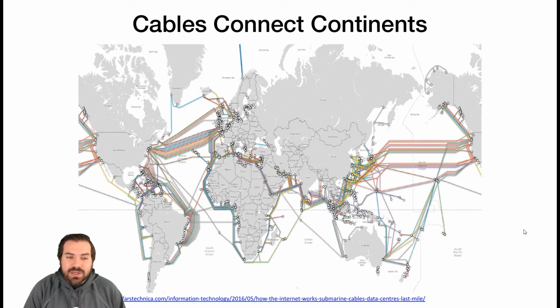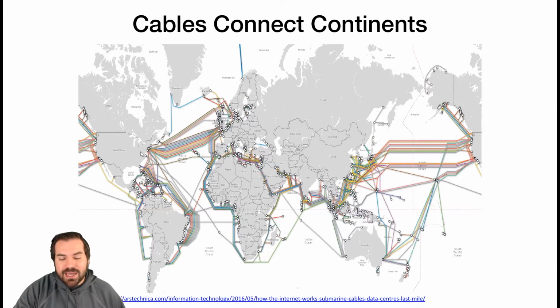And when I showed you the tier 1s, I only showed you tier 1s from the continental US. But we all know that the internet is a global thing. We can connect across anywhere in the world. So how do we do that when we have these large bodies of water called oceans? How are we going to connect those? Well, it's the same theory as when you take your Ethernet cord and plug